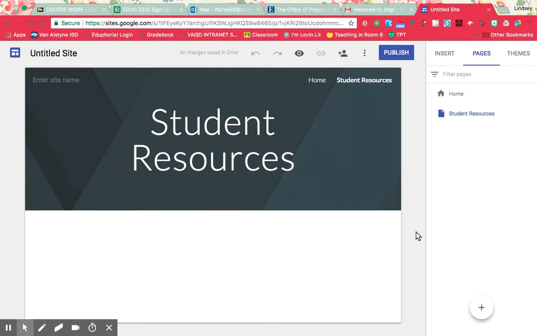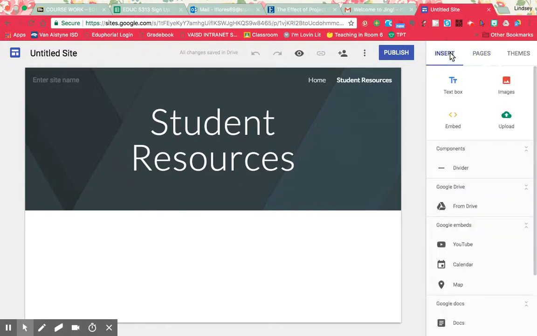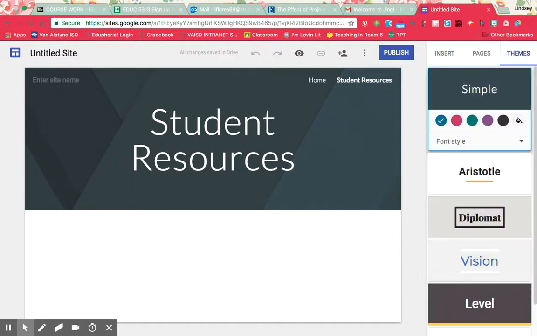Another thing that you can do, if you need to insert anything, is this is where you would do this. You also can create a divider so you can make your sections more blocked off. One of the things that the kids love to do is make this their own. And this is something that we want them to do because we will be utilizing it all throughout the school